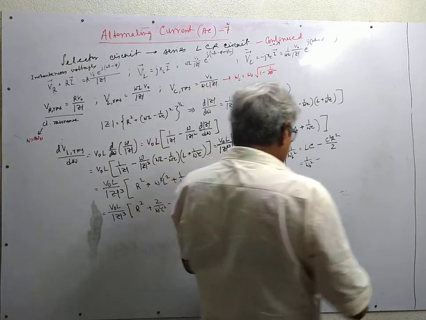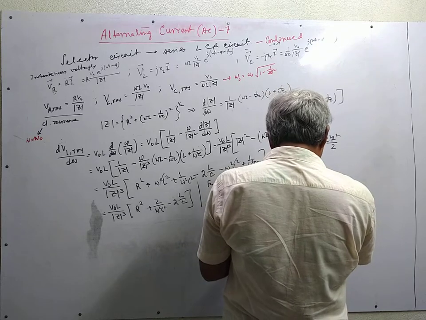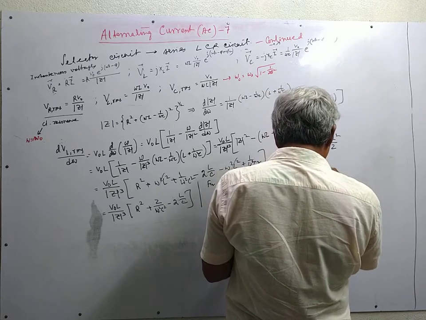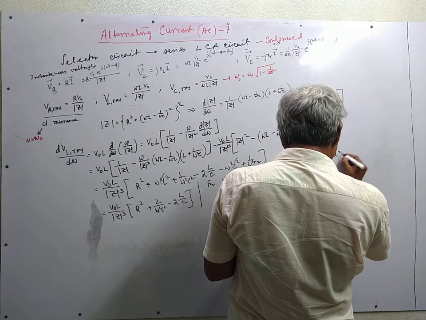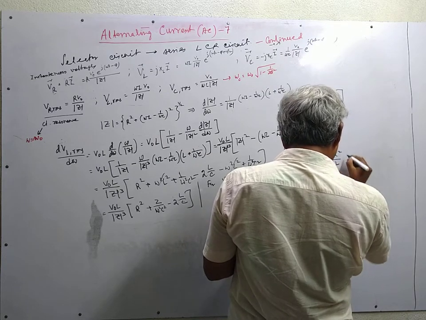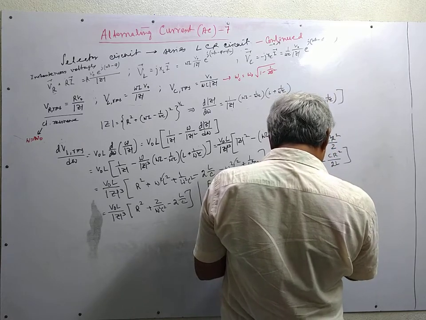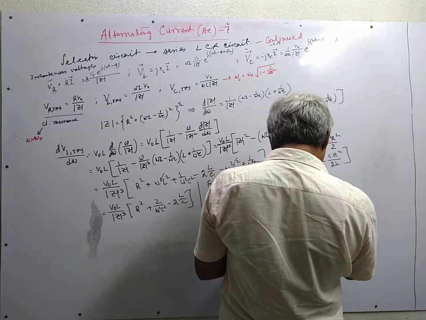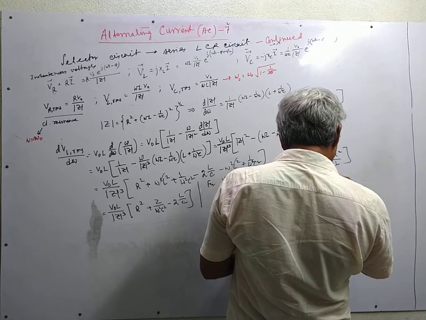So we take first LC common, so this is 1 minus CR square by 2L. This part is omega 0 square, 1 upon omega 0 square, this is 1 minus